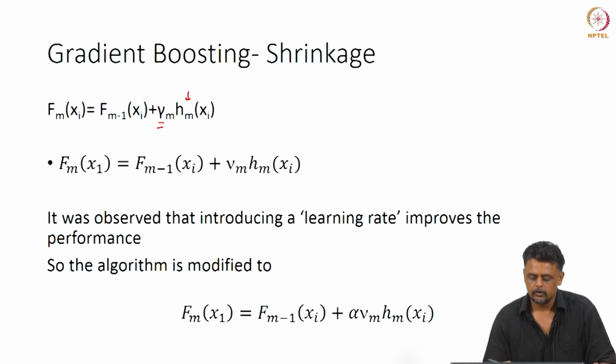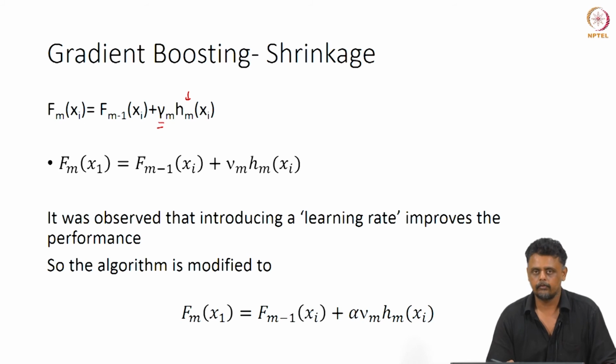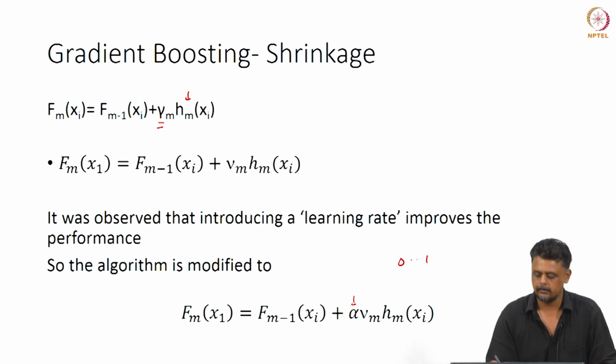Okay. Now, it was also observed that if you do that very quickly, in maybe a few iterations, you will tend to start to overfit. This can happen. So, in order to improve convergence and also not to overfit, a learning rate is typically introduced, this alpha. Okay, this is between 0 and 1. I think 0.1 to 0.3 or something of that sort is what you have to set in order to get better convergence. So, this is called shrinkage or learning rate that you typically use. So, you will estimate mu, but you will figure out alpha like a hyperparameter. Okay. So, this is the general process for gradient boosting.